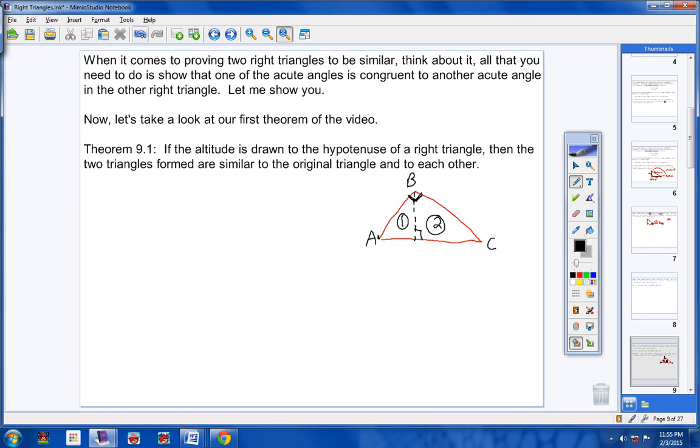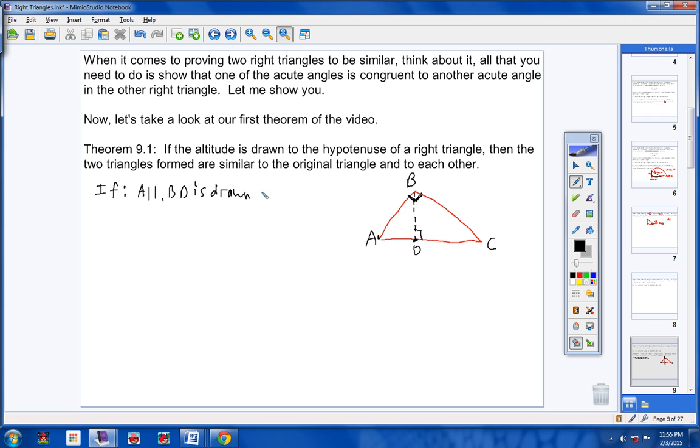Alright, okay. Well, that's what it's talking about here when it says, then the two triangles formed are similar to each other, and they're also similar to the original triangle, okay? So, let me show you what's going on here. Come over here and put if, okay? If altitude, oh, we need to put a letter here. Let's call this D, okay? Put D there. If altitude BD is drawn,